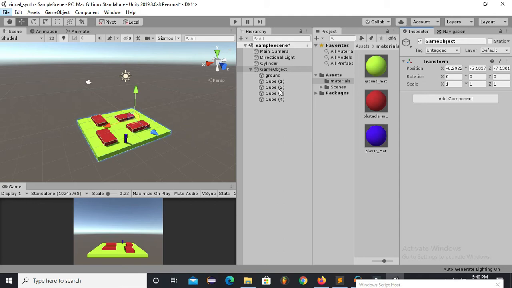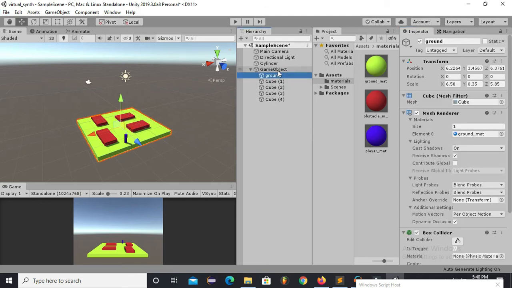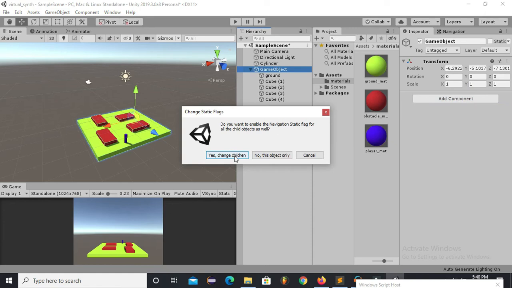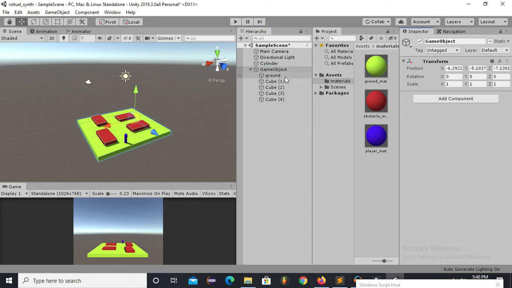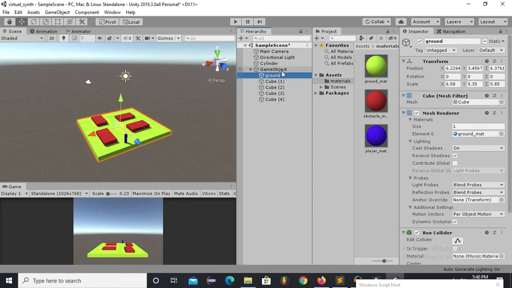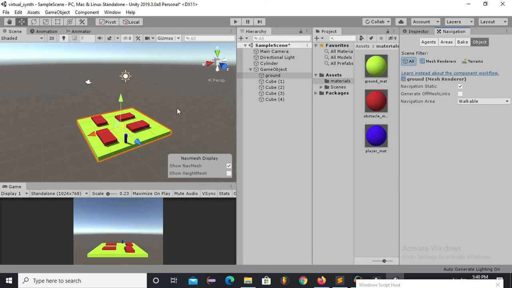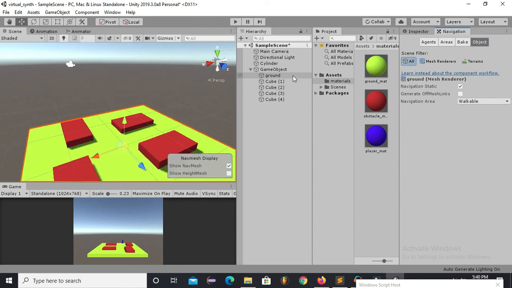And so now first of all I will mark this empty game object as navigation static and go with yes, change children. What this means is, whenever you go to the navigation and object, you can see that our ground surface has a walkable area, and you can see our walls, or you can say obstacles, are also under the walkable area, but we do not want our player to walk on these obstacles.